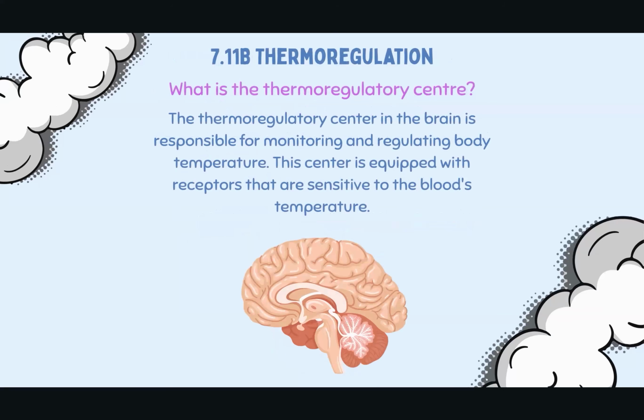Okay, 7.11b, thermal regulation. It's how the body keeps our temperature at 37 degrees. The thermoregulatory center in the brain is responsible for monitoring and regulating body temperature. The center is equipped with receptors. Within the thermoregulatory center, which is in the brain, it's got receptors that are sensitive to the blood's temperature. So if the blood's temperature is too high,